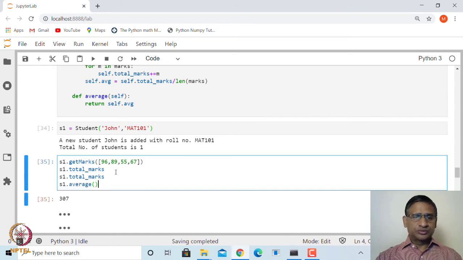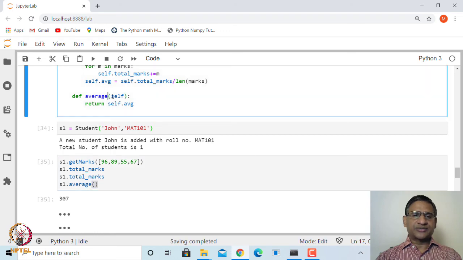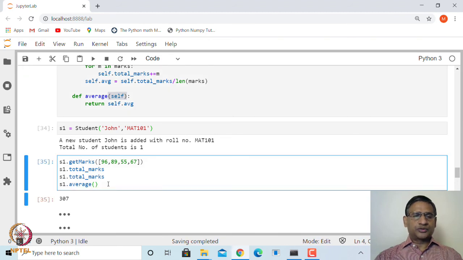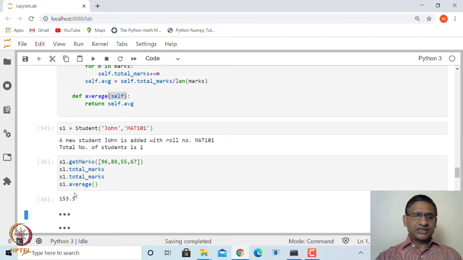If I want to get what is the average, I can simply now access that average method as S1.average and empty round bracket. Why only empty round bracket? Because we have not asked for any parameter here, any argument. So we will simply say S1.average. This is the last one which is printing. S1.average is,